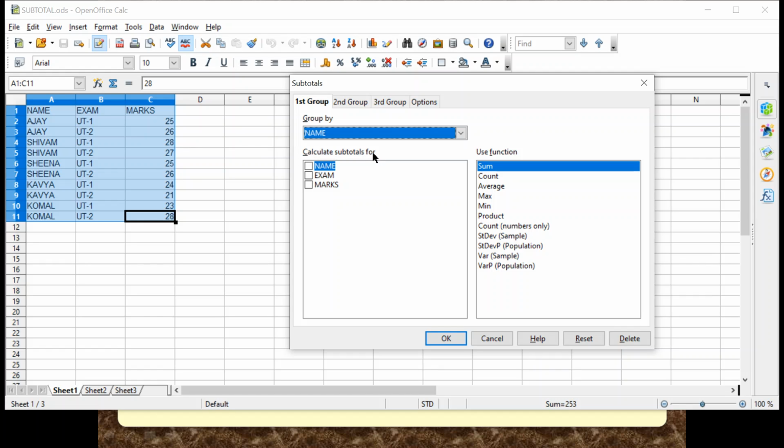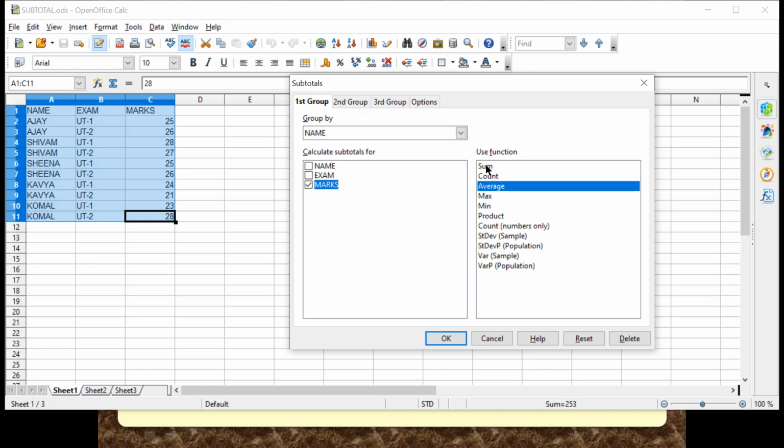So what do we want to total? As it happens, we have only one numeric column, so obviously I want the total for marks, right? Then from here, in the function, you can see, like if you want the average marks, that can be selected. If you want the sum of both, that can be done. Right now I want to see maximum. Done. These things can be done.